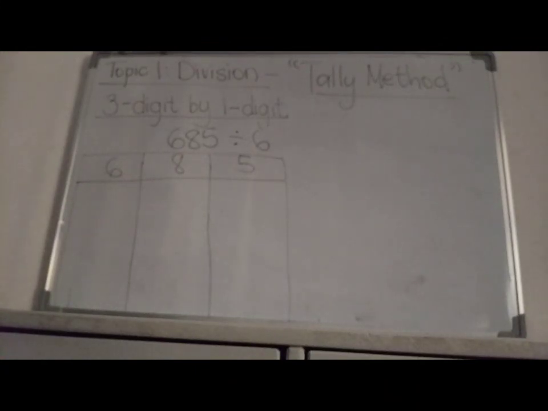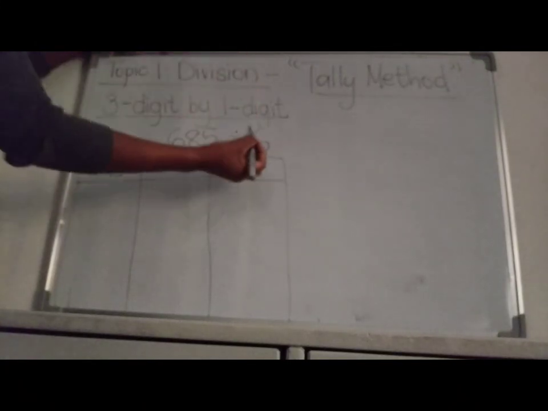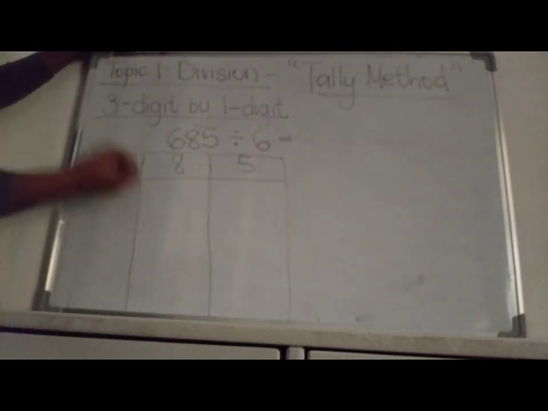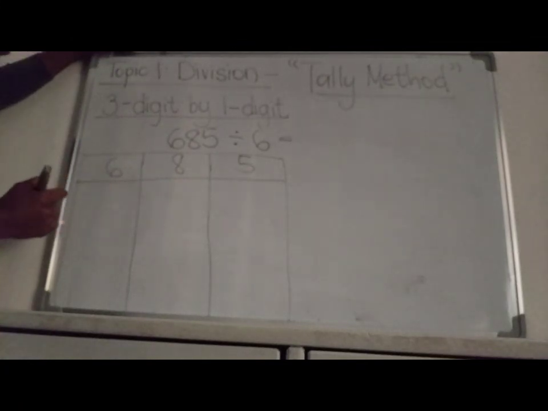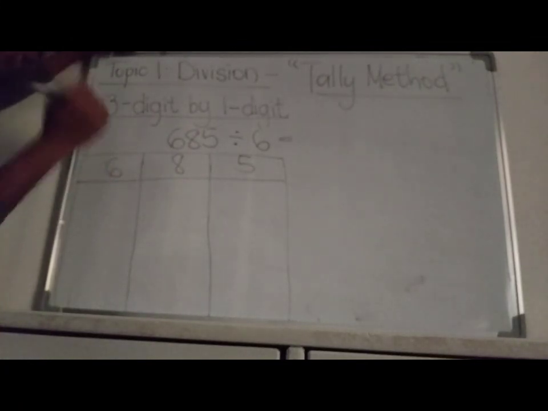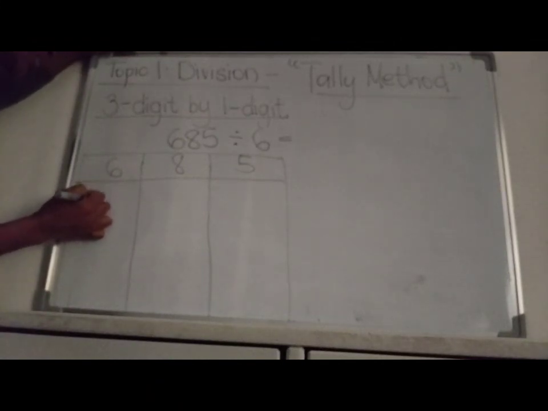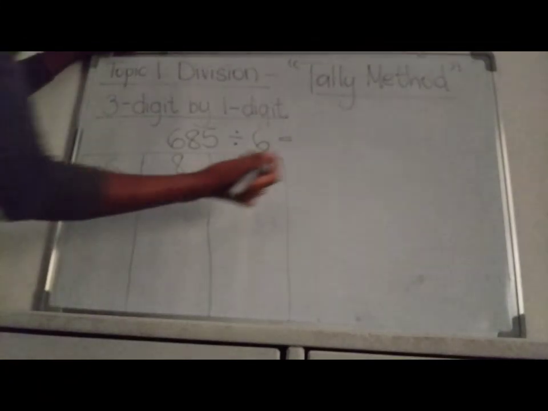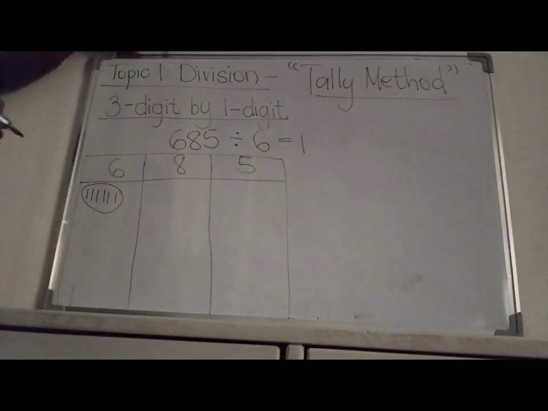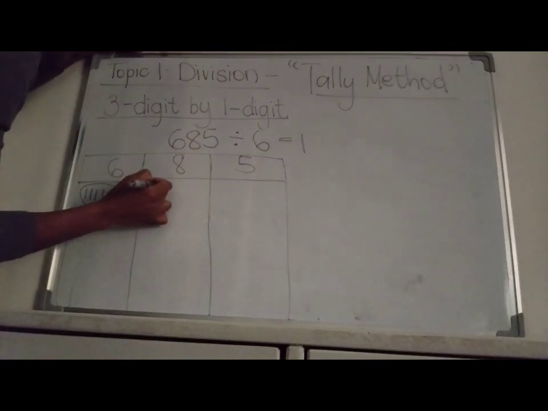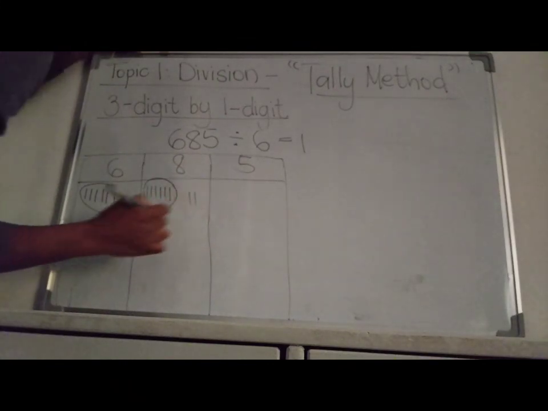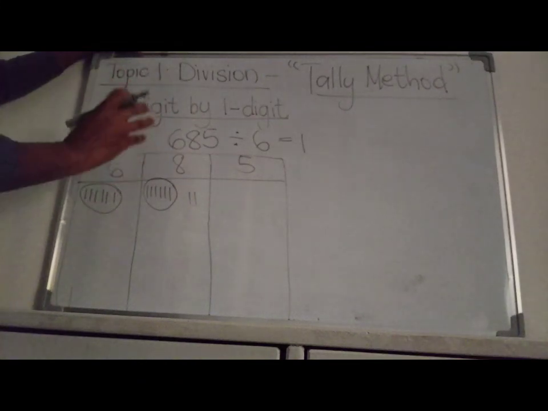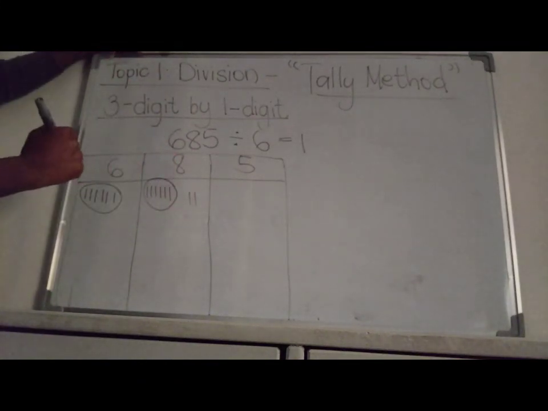Right. So, siyabuza ke ngoku, how many 6s go into 6? 1. Siyayazi mos ne? For the sake of calculating, masabani. 1, 2, 3, 4, 5, 6. How many 6s? Only 1. There we go. How many 6s do we get to 8? 1, 2, 3, 4, 5, 6, 7, 8. You see? So, umfumanela 6, you put it in one group.